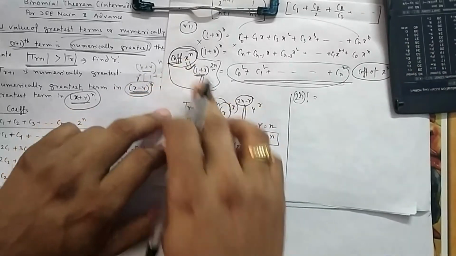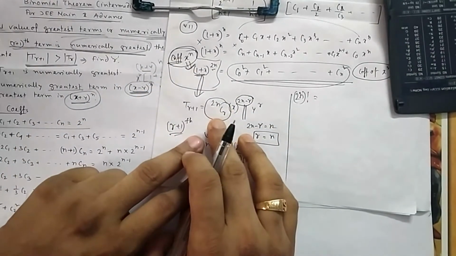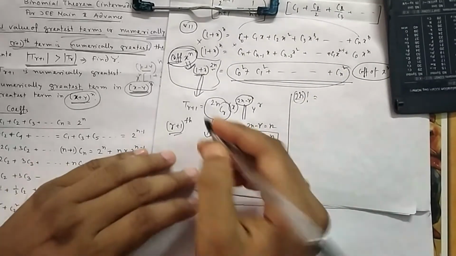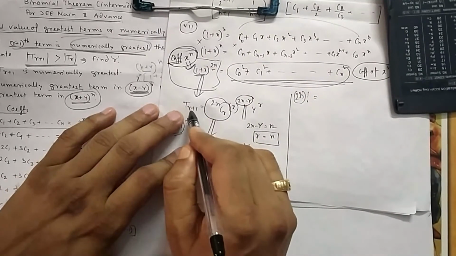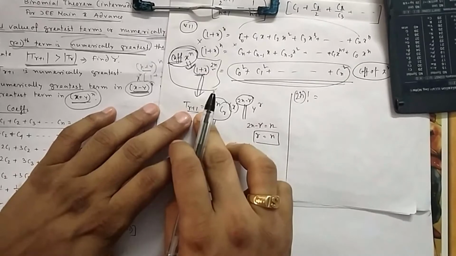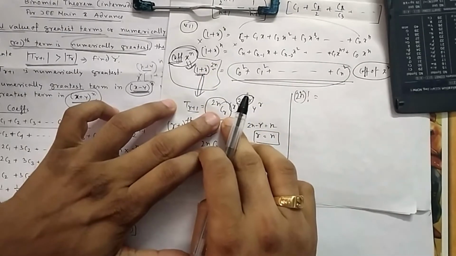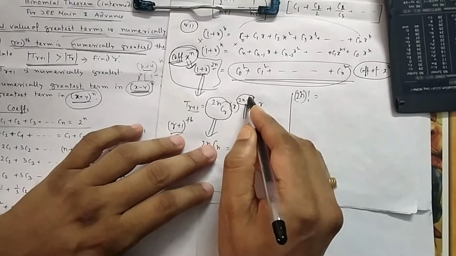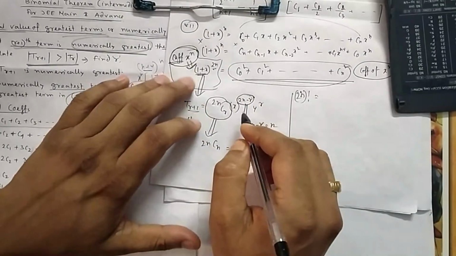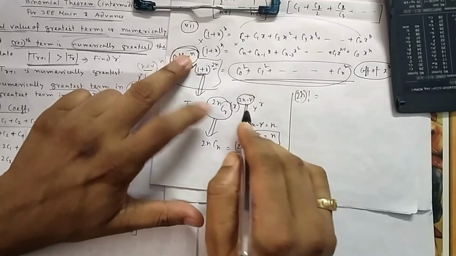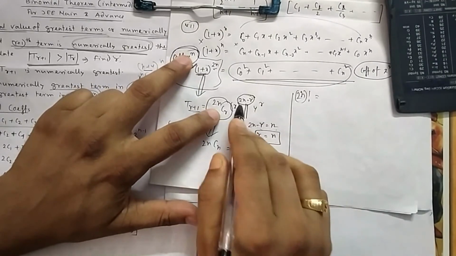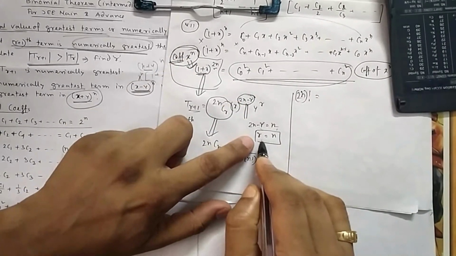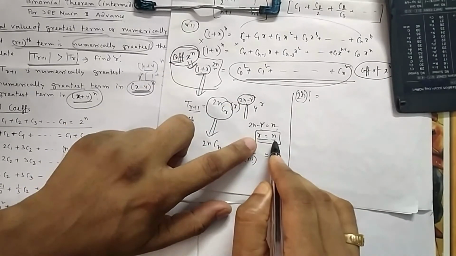Now you can already see in the basic questions it is done to find the coefficient of x in some term. So let me do it here. Let us write the general term. So what is the general term of this one? Tr plus 1 is 2nCr, x to the power this minus this, and then y to the power n. But what power do we need? The power of x we need here, because we are looking for x to the power n. So the power of x should be equal to n. So from here you can get r is equal to n.